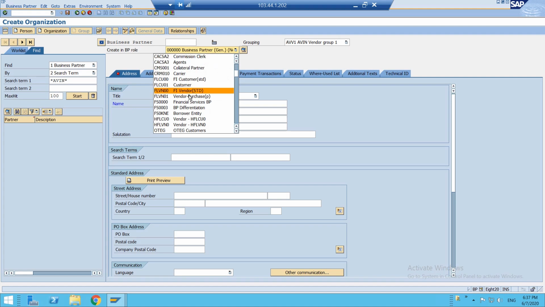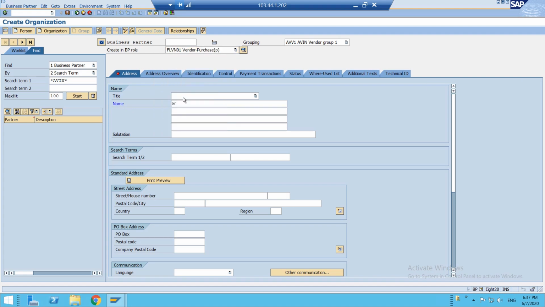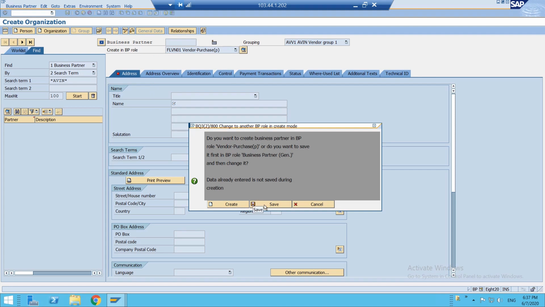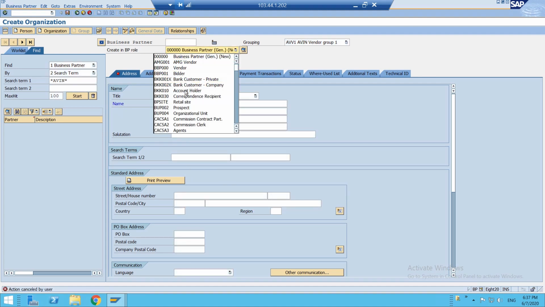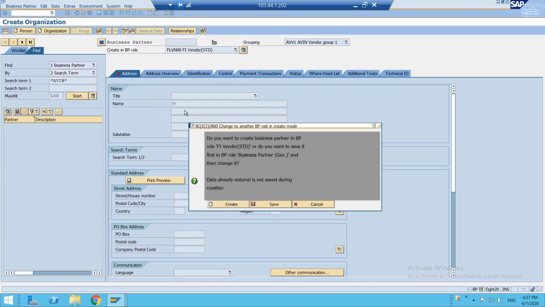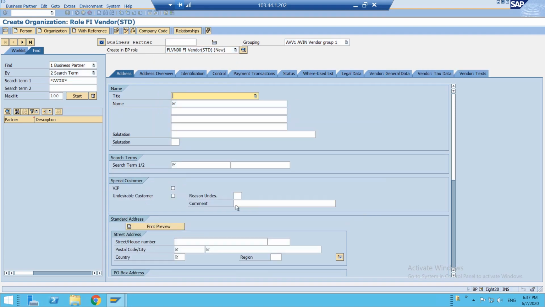So let us go and create a vendor, a purchasing vendor, or just to make it simple, I'll create a FI vendor. Okay, it is asking whether you want to create a new one or save the existing one. As there is nothing now, let us create a new one. So these are the titles that we saw. There are different titles, and let us give some organization one